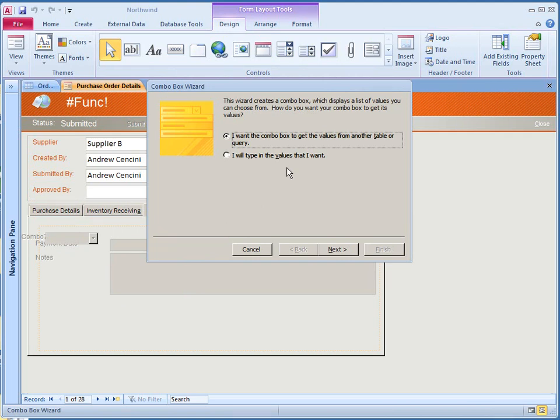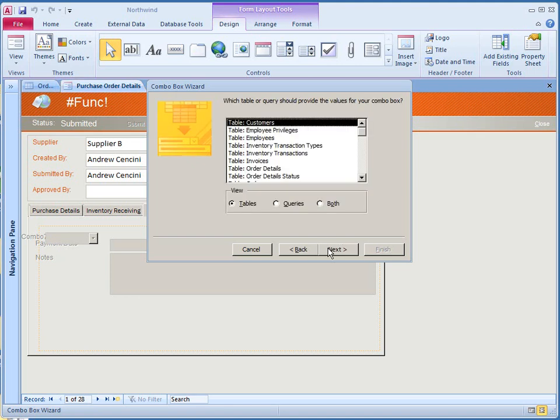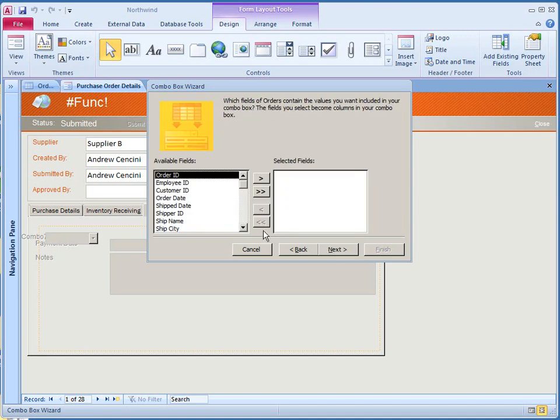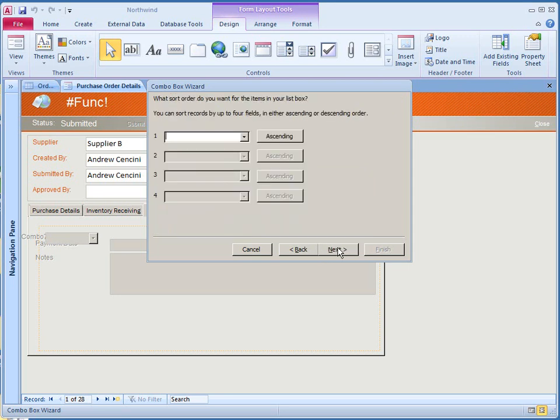If you are going to use a wizard, then decide, in this case I want to get the values from a table, and the table that I want to select would be the orders table. So I'll scroll down to find that, and I'll select the value from the available fields, which should be the payment type. And I don't want to have a sorting option. I'll go to next, and this is the list. I don't want to save